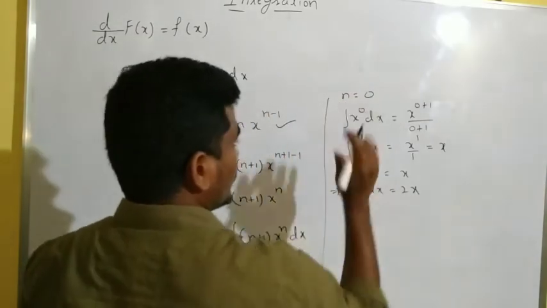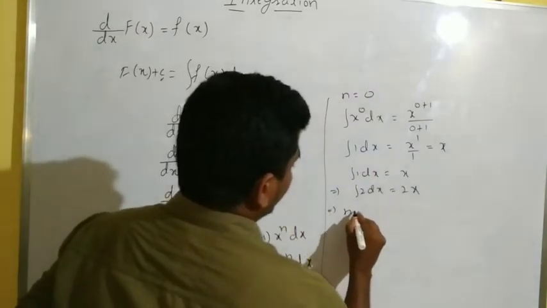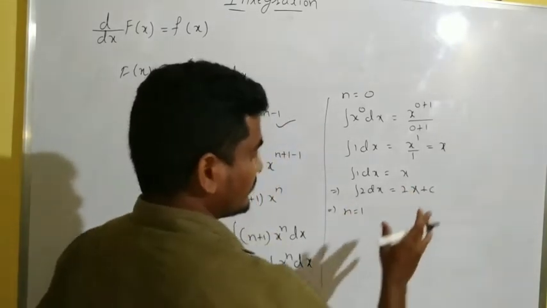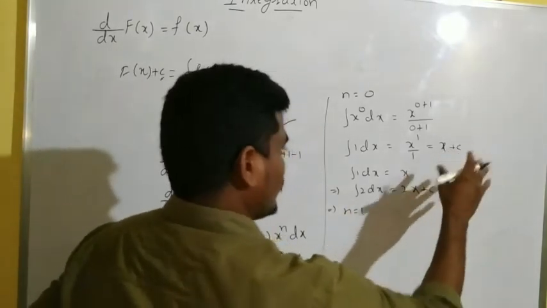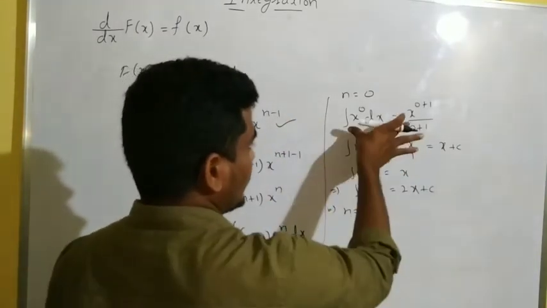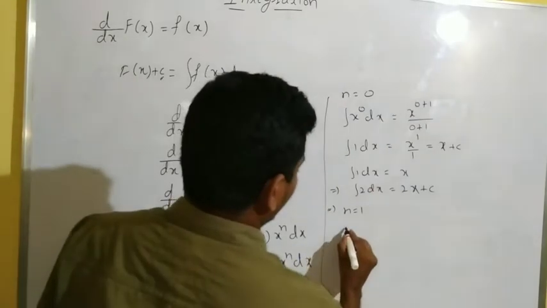And n equals 0 I took here, and plus c we have to write always. Here also plus c we have to write. We will discuss what c is. And next I am taking n equals 1. In this I am writing